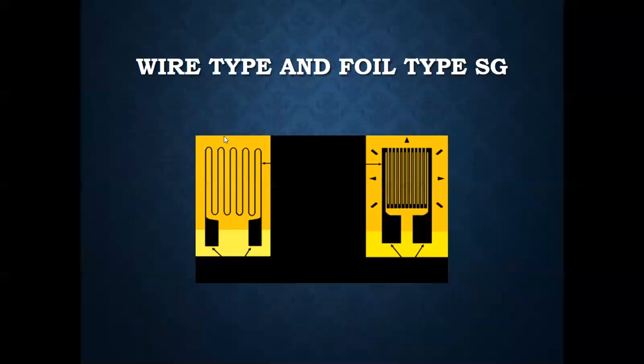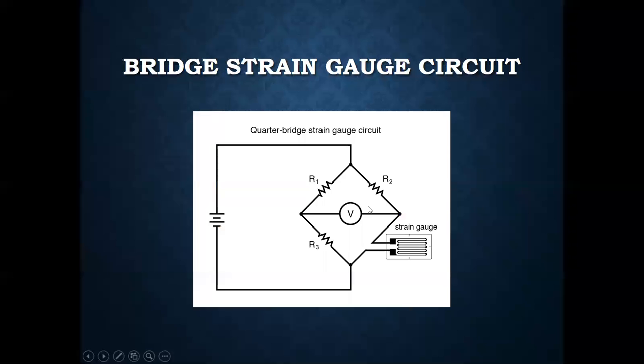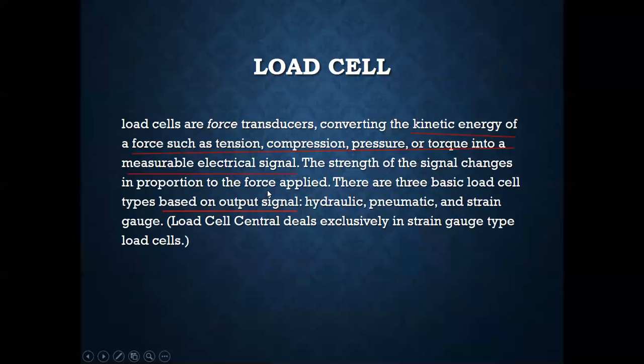This is a wire type strain gauge. This is a coil type strain gauge. This is just a resistance bridge. You can see that if R1 by R3 is equal to R2 by Rx, where Rx is the strain gauge, this potential and this potential are the same, so there is no voltage. Now I am connecting a strain gauge here. If I put a force on the strain gauge, definitely its resistance changes. That resistance change I can measure directly here. So force is directly converted into voltage.